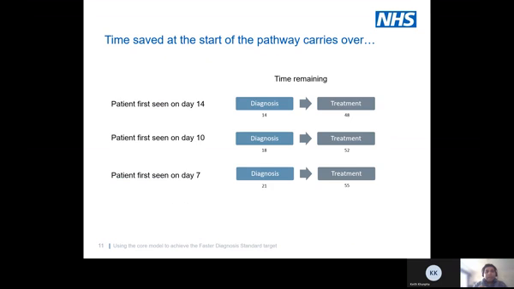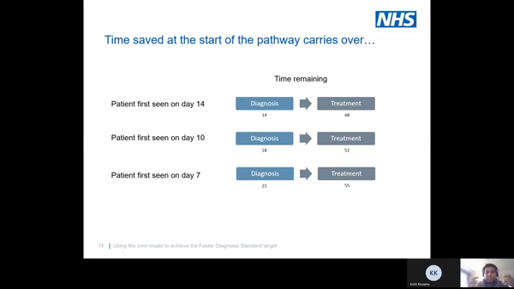Now, I mentioned that the clock start for the 2-week wait pathway, the 28-day faster diagnosis standard, as well as the 62-day wait standard are the same. And if you have referrals which go into an outpatient department first and then diagnostics and so on and so forth,